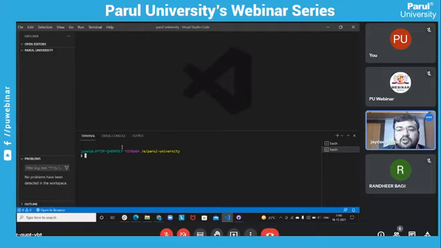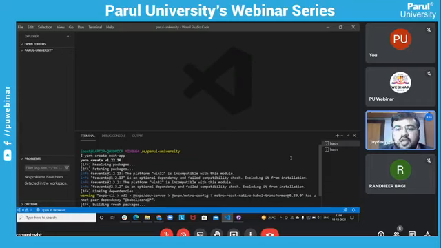I installed a GitHub UI software for easily understanding and managing the Git version. Firstly, you run the command yarn create next-app, and after that the system asks you for the app name.